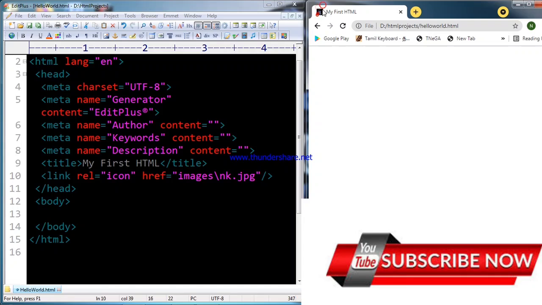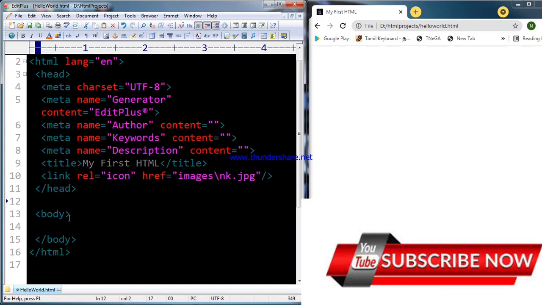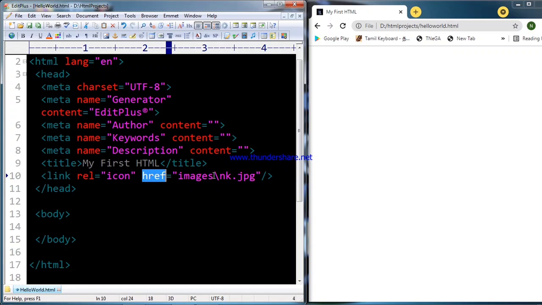That doesn't require changing its behaviors or properties. But in the link I have to place the image file so that the image will display on my title bar. That's why I am giving two attributes for the link element.